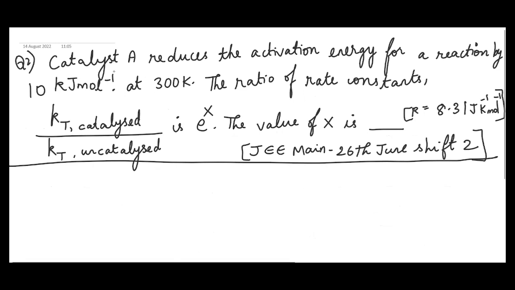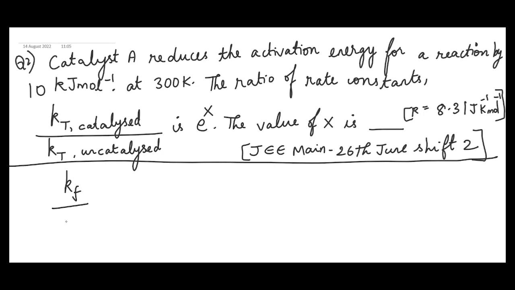Let us move on to the next question. In this question, we are adding a catalyst A that reduces the activation energy of a particular reaction by 10 kilojoule per mole at temperature 300 Kelvin. So here the change in the activation energy and the temperature is given. Now they are asking the ratio of rate constants. We have already derived an equation in our second video where we discussed the effect of a catalyst in a particular reaction. That is, we just substituted the given values in the Van't Hoff equation and we got a reduced equation to be